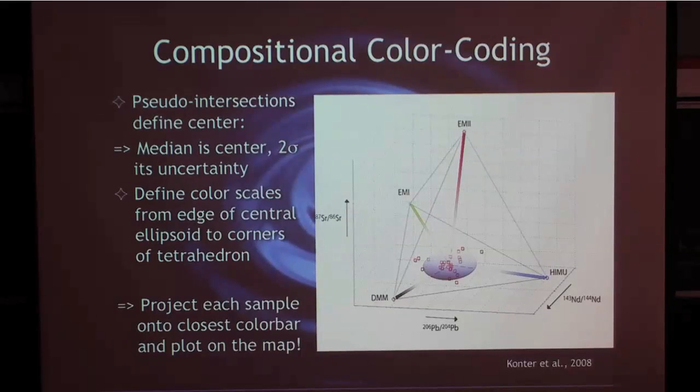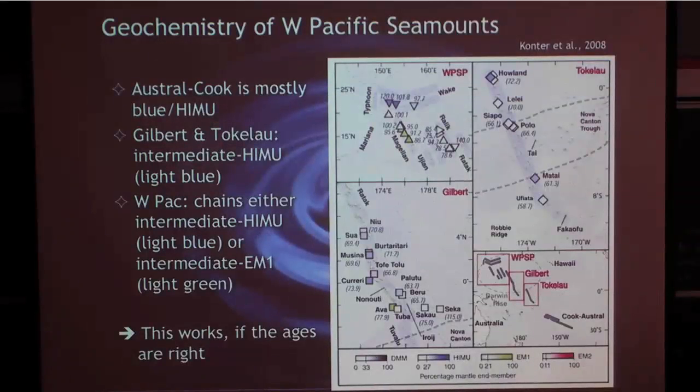And since the geochemistry, as you saw, is multidimensional, it's hard to put all the isotope numbers and an age and everything else for each sample on a map and still see any patterns, right? So I have to simplify it. This is my way of simplifying it: making a color cube. All right. So going back to the map,